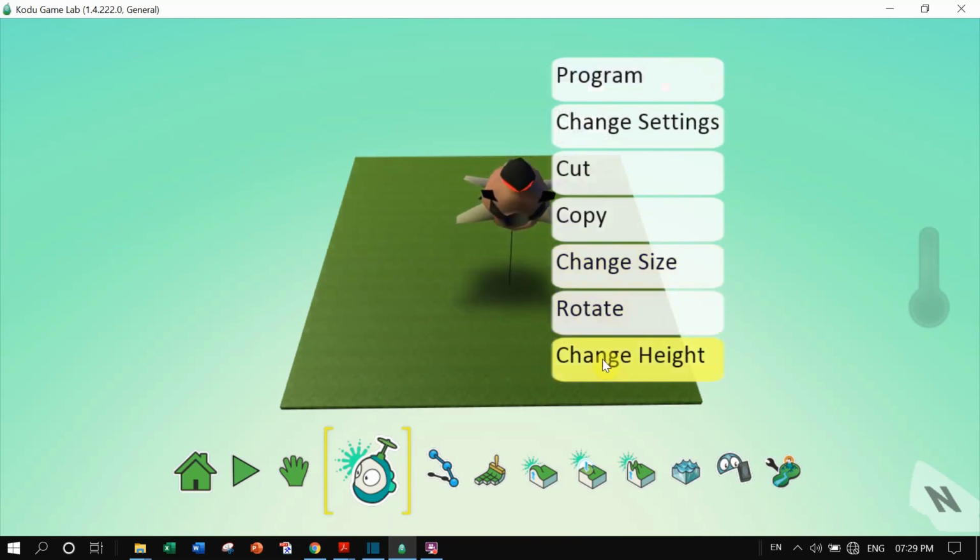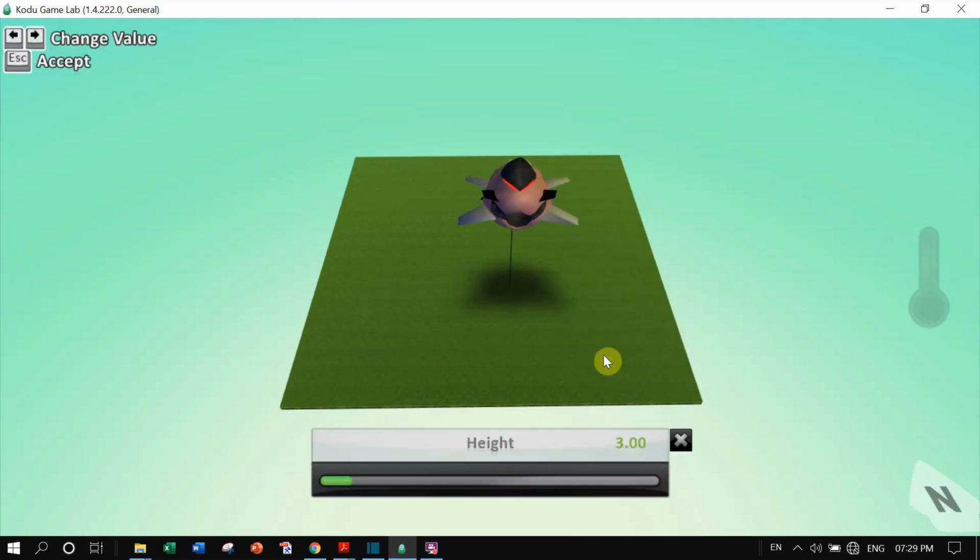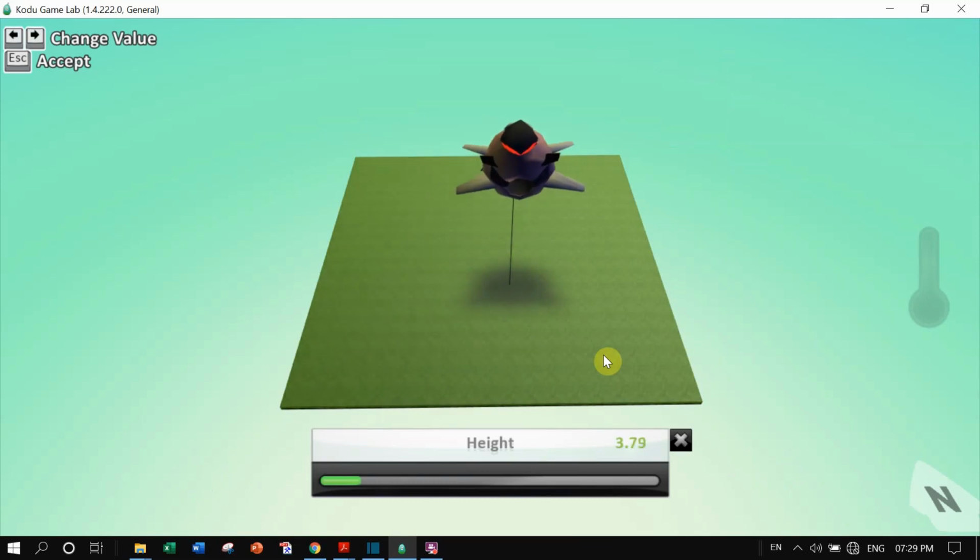I can change the height of the jet, and I can write the program for the jet to decide how it should behave. So first of all, let me change its height. When I click on change height, I can use the left and right arrow keys to set its height like this. I keep it at some height, 4.97.